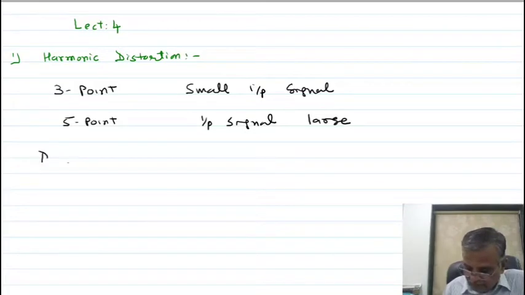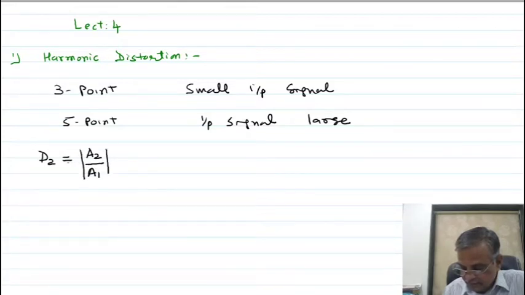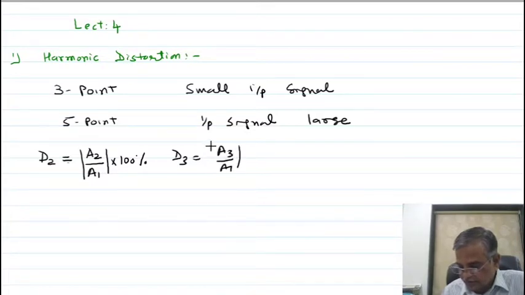The second order harmonic distortion can be calculated by the following equation. The second order, third order, fourth order harmonic distortion can be calculated from the following equation, where A1, A2, A3